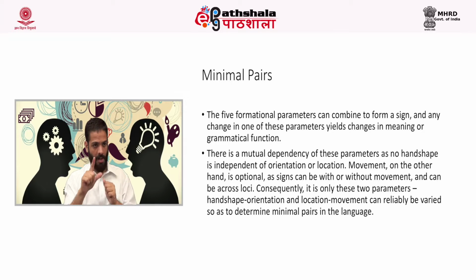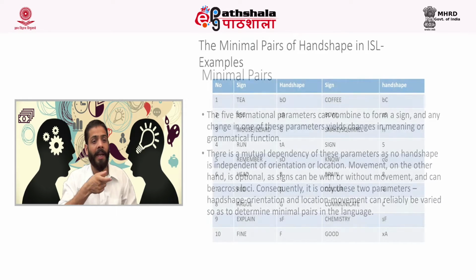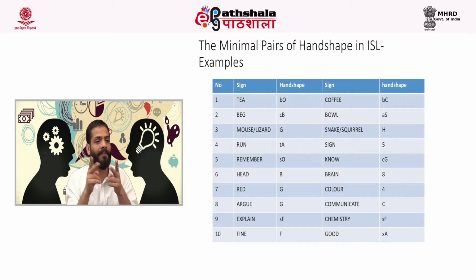Next, we are going to talk about minimal pairs. The 5 formational parameters can combine to form a sign, and any change in one of these parameters yields changes in meaning or grammatical functions. So the minimal pairs of hand shape in Indian Sign Language are tea and coffee. Everything is same, just the hand shape is different. So tea and coffee are minimal pairs, or beg and